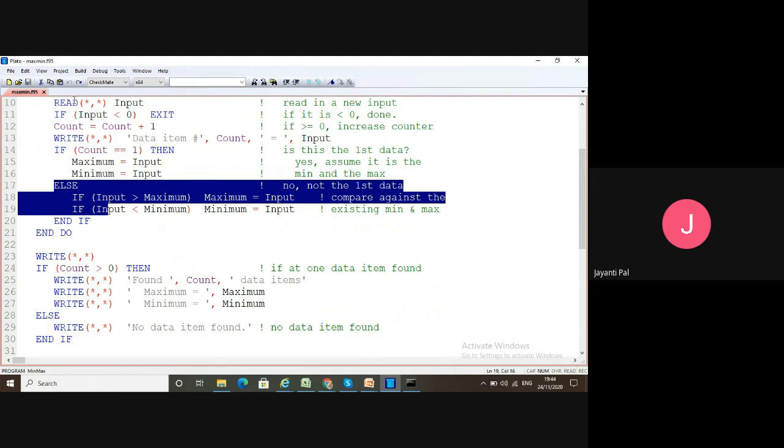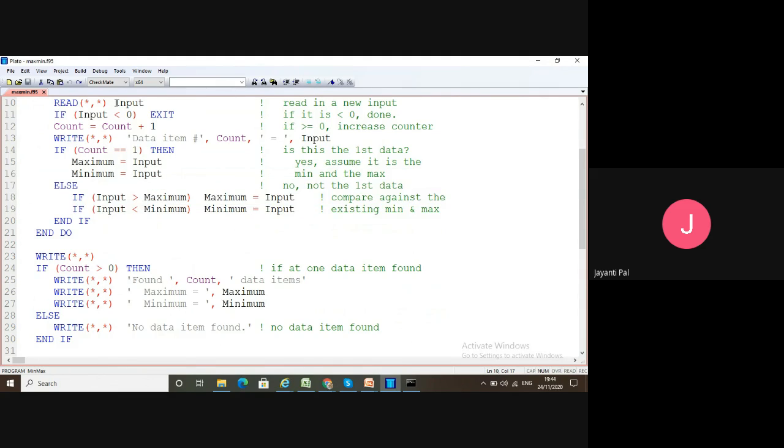It will again take another input, and for the second iteration the count is already 1, so the count becomes 2.